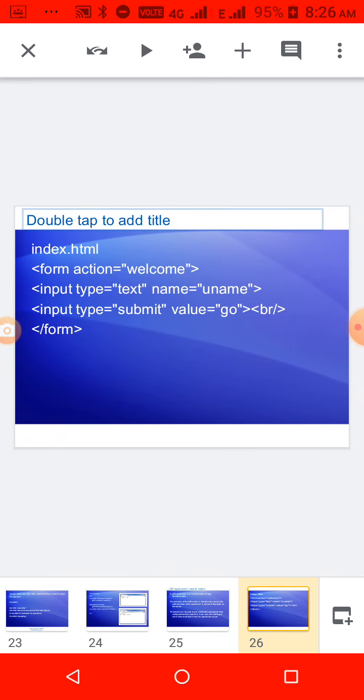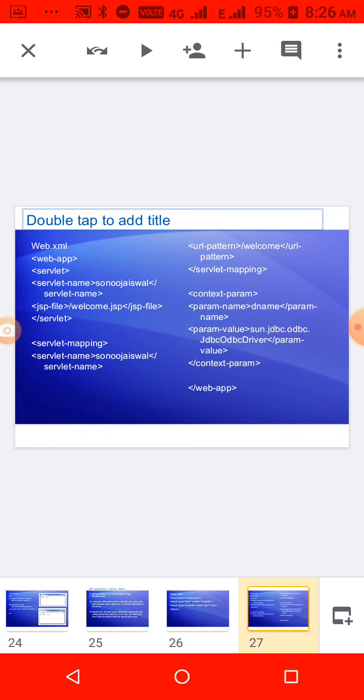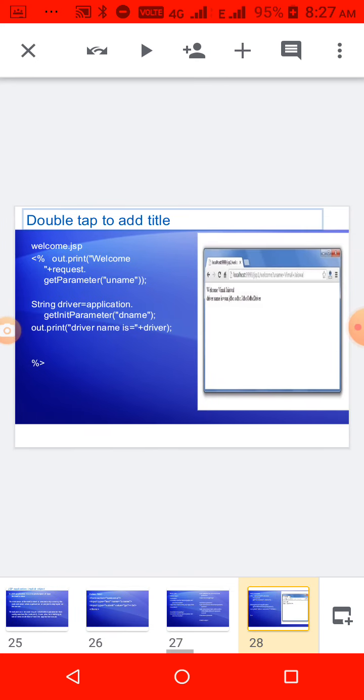Here this is a design page, and web.xml is given here also. What is the difference, students? Here we are writing web-app. See, in the web.xml we are writing web-app, the ending tag also, and inside that we are writing the servlet name and the parameter value, everything the same as the previous example. Here also we are getting that parameter value, everything is declared, and we are accessing out.print welcome, request, and then